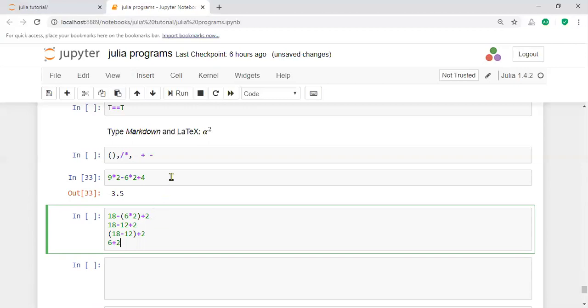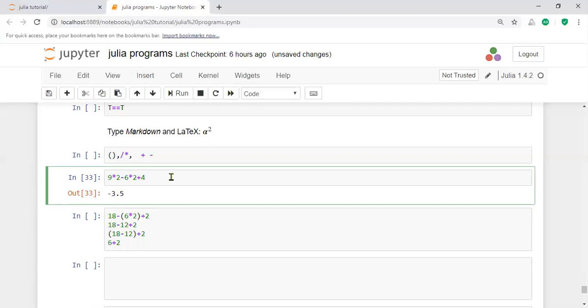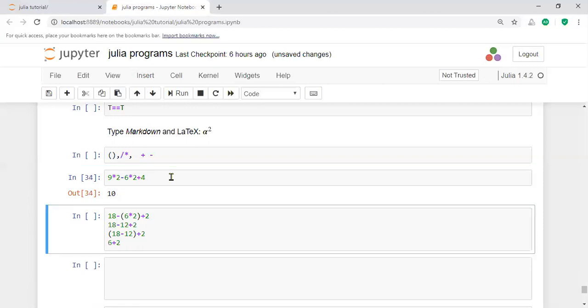I think it's maybe 10. What is wrong here?